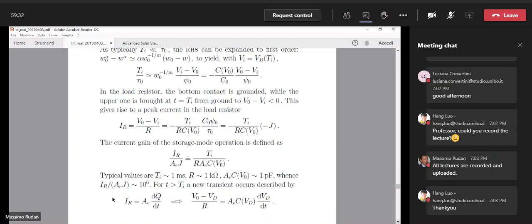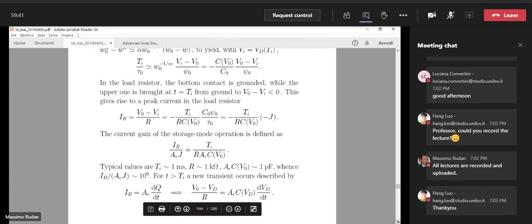When we replace these quantities, we can write the current in the resistor as V0 minus Vd over R. And the variation with respect to time of the charge is, of course, the differential capacitance times the variation with respect to time of the voltage drop across the PN junction. This is a non-linear differential equation that can be solved. It's non-linear because C depends on Vd in a non-linear way, okay? It can be solved depending on the value of the exponent m. So it's relatively easy if the exponent is equal to 2 or 3, okay, that are the typical values of the exponent. But we shall not